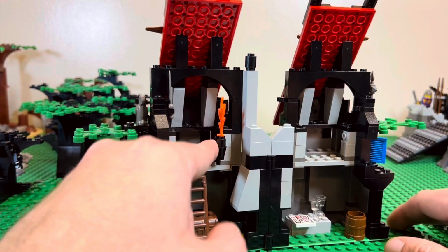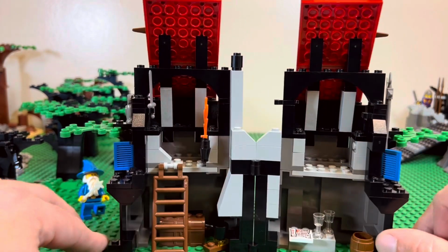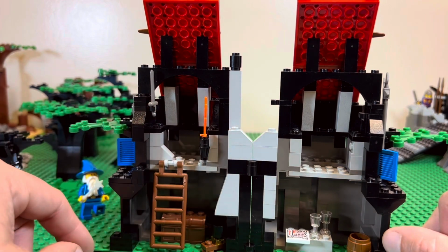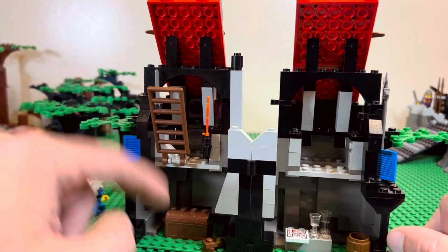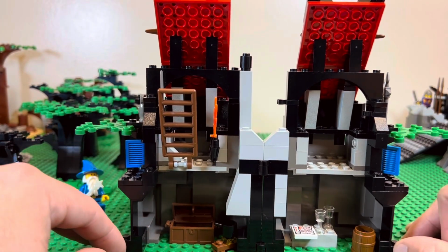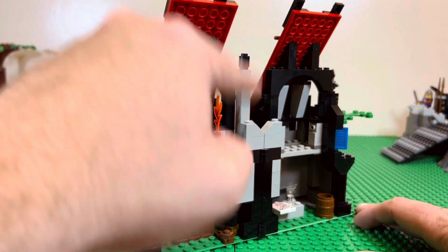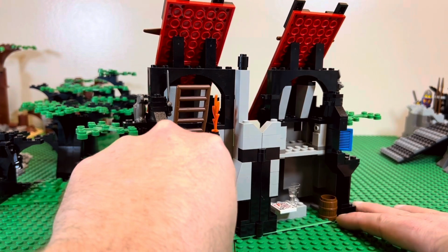Then it's got this little torch, which is similar to some of the other Dragon Master sets. You can climb up there. Not a whole lot of room to do anything. I guess I just kind of imagine he's sleeping up there or somewhere. But as you open up the bottom, you got a treasure down here with a few colored studs. And this is pretty cool. It's got like a little fireplace, sorry, like a chimney, little fire with brown 1x2s